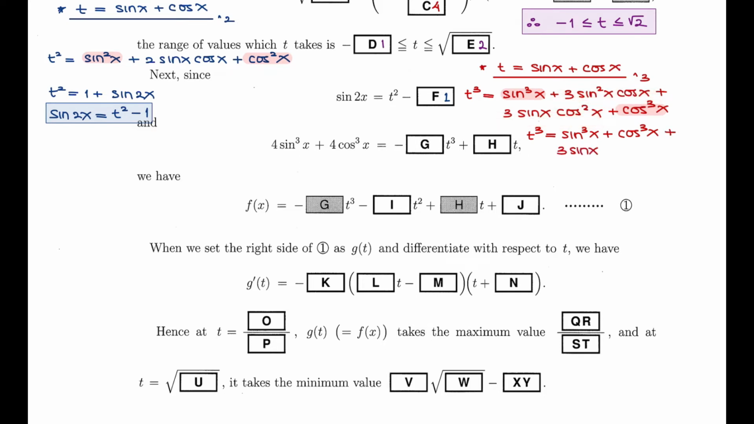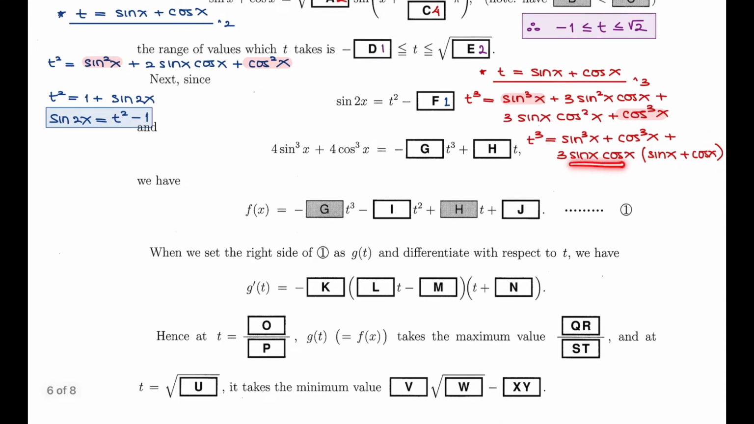plus 3 sine x cos x, open bracket. If I factorize 3 sine x cos x, then the remaining is only sine x. And for the second one, if I factorize 3 sine x cos x, the remaining is only cos x. So 3 sine x cos x, open bracket, sine x plus cos x. From this, I already know this is t. t is sine x plus cos x, right? So this is t, and sine x cos x